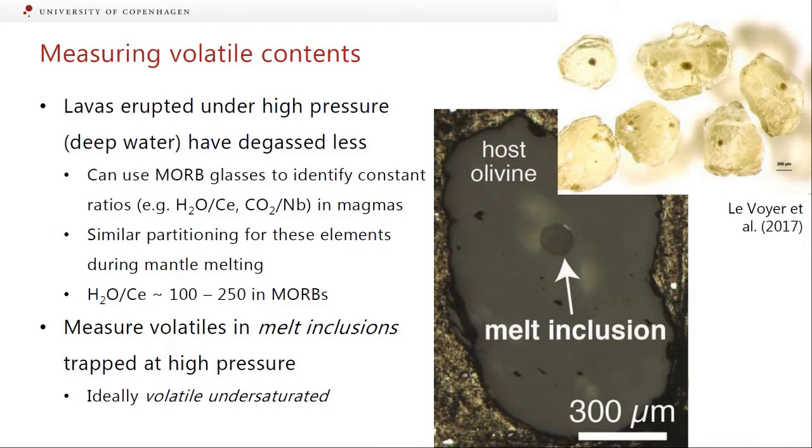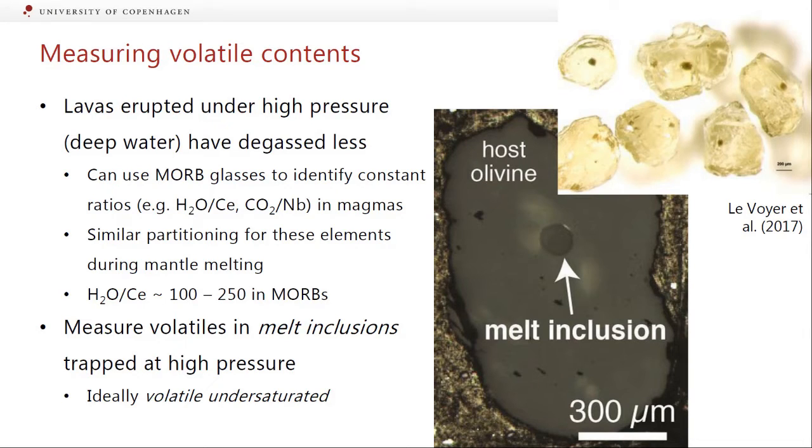Another thing, coming back to these mid-ocean ridge basalts erupting at high pressure, is people try and look for volatile-undersaturated compositions. So when you measure the composition in the magma, it has lower volatiles than the saturation amount at that pressure. So what you can then do is try and use these rocks to identify some sort of constant trace element ratio in a magma. And the example I've given here is water over cerium. In these kind of undegassed rocks, they tend to show a pretty constant ratio. And so the idea there is that